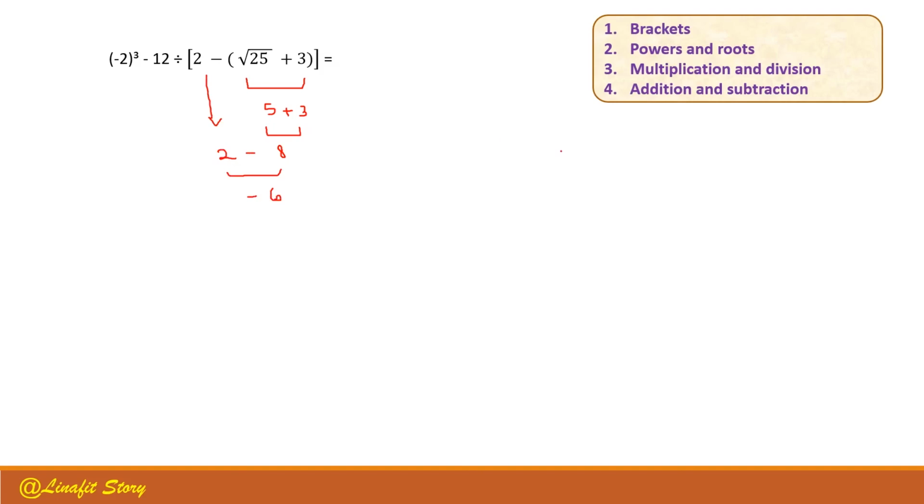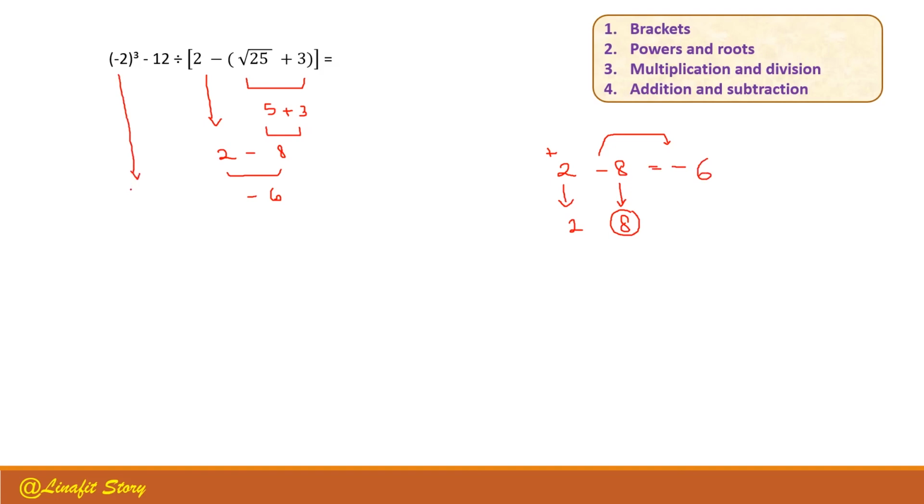Why negative 6? 2 minus 8. Positive 2 minus 8. The absolute value of positive 2 is 2. The absolute value of negative 8 is 8. Which one is bigger? 8 is bigger. So you just copy its sign. And after that, the difference between 2 and 8 is 6. So the answer is negative 6. And after that,